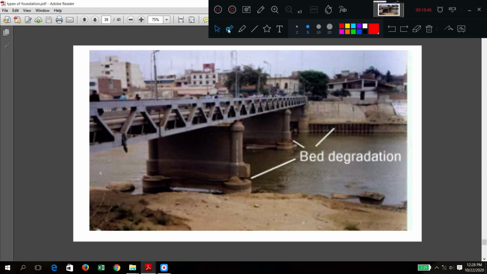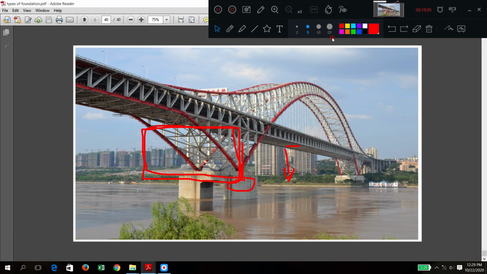You can see this one, pier foundation. Here it is constructed underground, and above it the well cap is provided here. Above this, this portion has come. Okay, I hope it is clear now. Well foundation. Here also you can see a bigger one. It is called as drilled caisson because it is drilled inside the water.